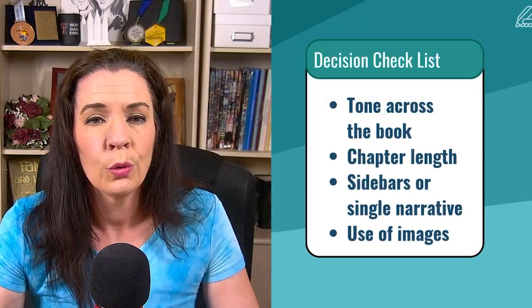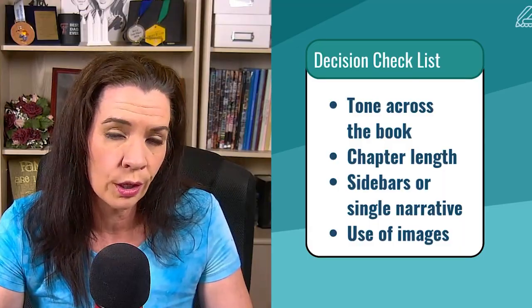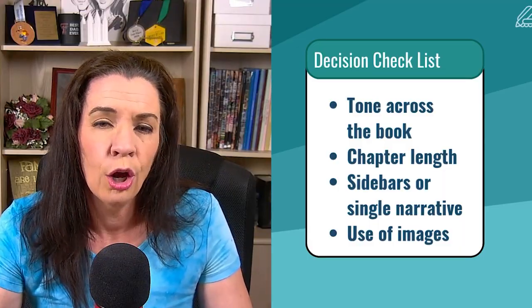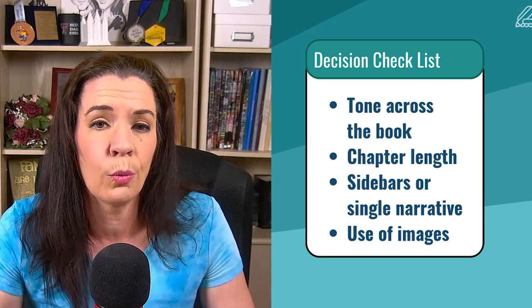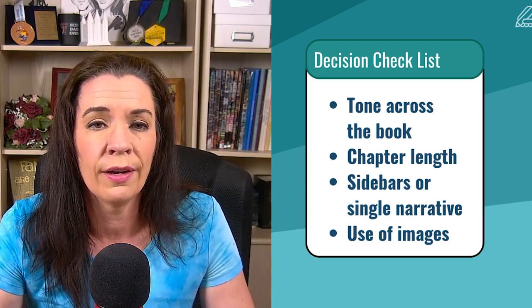And then I realized it wasn't just that one question. There were layers of decisions I hadn't made yet. For example, do I want the same tone across the whole book? How long should the chapters be? Will I include sidebars or stick with one narrative thread? And so on. These are the kinds of things I talk about in my workshops all the time, but somehow I hadn't applied them to my own story. So I sat down and started answering those questions, not just for AI's sake, but for mine. And what came out was a vision for what this book could actually become.